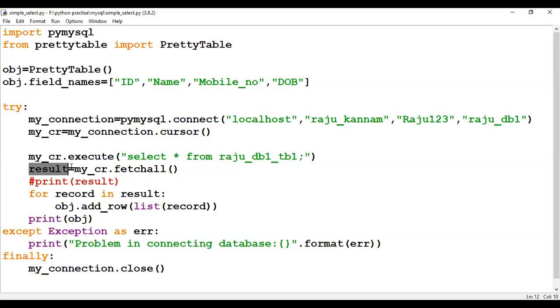So with this statement, whatever records were stored due to the execution of the previous query, that is select star from Raju_db1_tb1, all those records will be fetched from the cursor and stored in the result variable. Once it is stored in the result variable, you can use all the records in your program however you want.